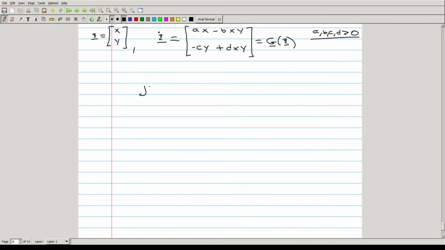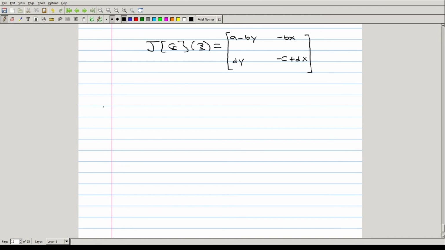The Jacobian matrix of this system is the matrix a minus by. It's the partial derivative of this with respect to x. The partial derivative of this with respect to y, which is negative bx. Partial derivative of this with respect to x is dy. And the partial derivative of this with respect to y is negative c plus d times x. Call that